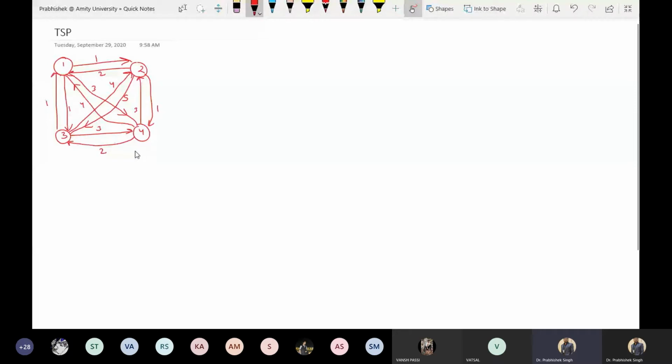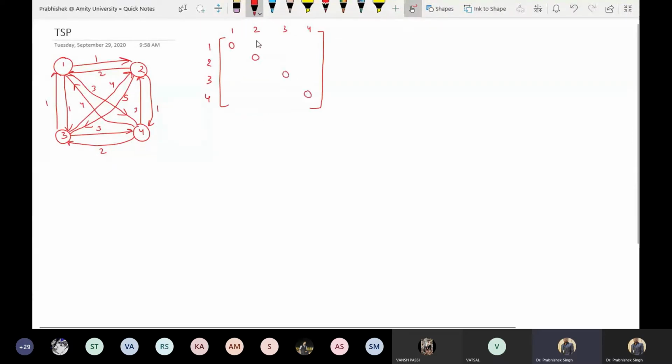So here, this is a traveling salesman problem, and I have drawn a graph in front of you. You can see the graph on the left hand side of the screen, and this is a two directional graph, and a lot of edges are there. So in order to simplify this graph, let me draw the matrix so that you can easily understand the distance from one vertex to another vertex. This is 1, 2, 3, 4. There are a total of 4 vertices, therefore I am drawing 4 vertices. The distance from 1 to 1 will be 0, 2 to 2 will be 0, 3 to 3 will be 0, 4 to 4 will be 0.